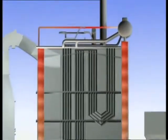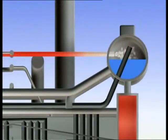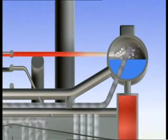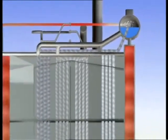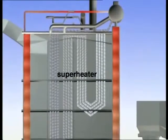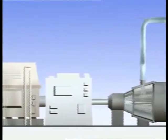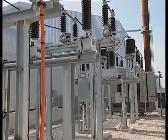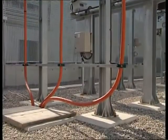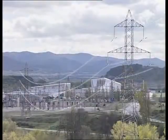The straw combustion heats the water that flows through the walls of the boiler and converts it into steam. This steam, at 540 degrees centigrade, is sent to a superheater and then to a turbine connected to a generator that produces electricity. The electricity generated is transformed to 66 kilovolts in a substation located on the plant site. It is then transmitted via underground cable to the network substation in Sangüesa, from where it is sent to the